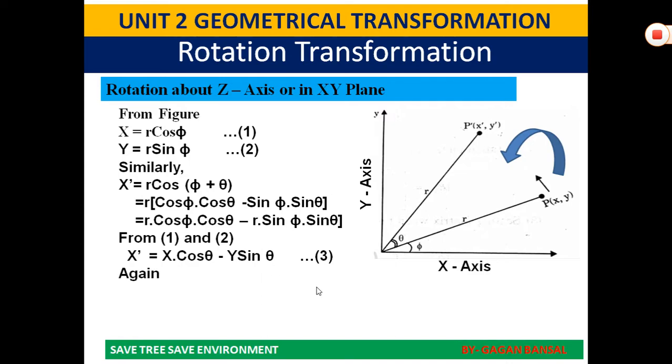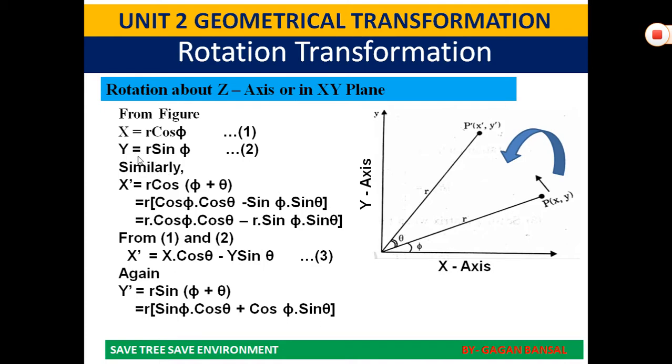Very clear? Again, now y dash would be r, that will be a vertical component, that is the sine component, r sin phi plus theta. You must keep writing along with the learning, so that you can understand it better. As I am saying again and again, you must keep the pencil and paper with you while studying this conceptual topic, and it is very easy but conceptual. Similarly, y dash will be r sin phi plus theta. What is sin phi plus theta? It is sin phi cos theta plus cos phi sin theta.